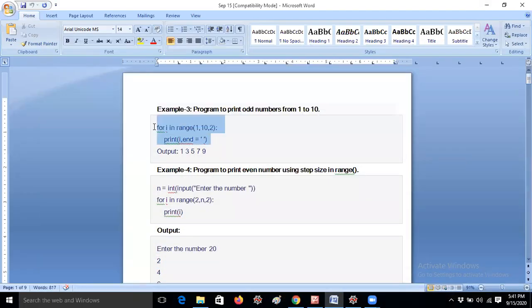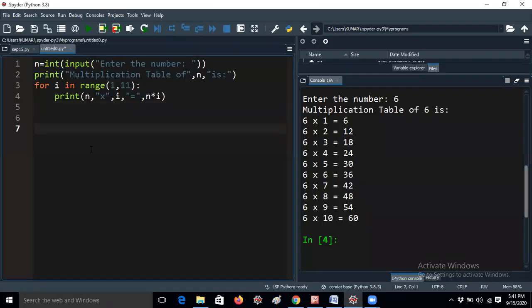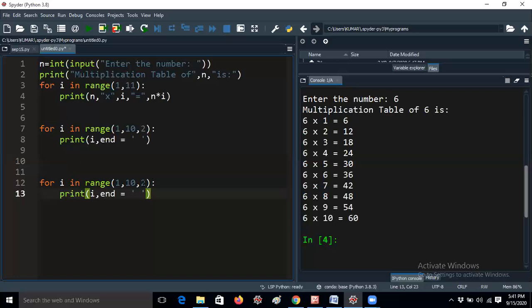So I would like to take these 2 lines now. I don't want to declare a variable like we do in C. I'm just giving for i in range of 1 to 10 comma 2. Let me execute it. If any students were absent in the last class, let me first explain what will happen if I remove the 2. I'm giving 1 comma 11.